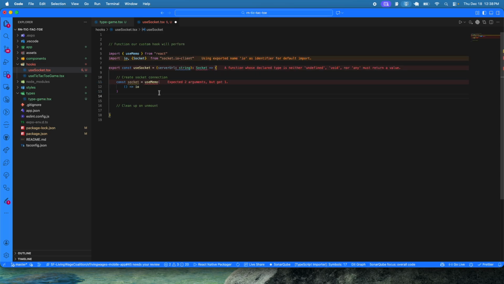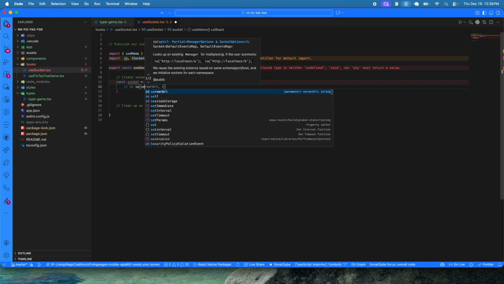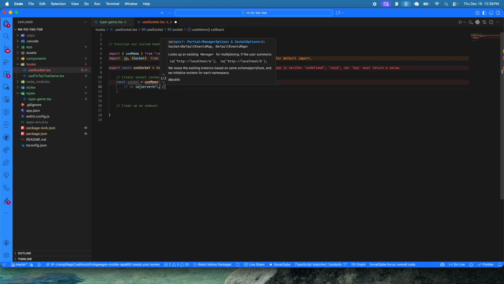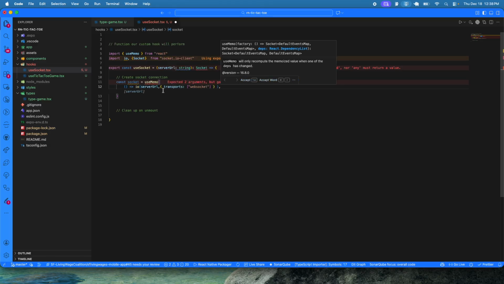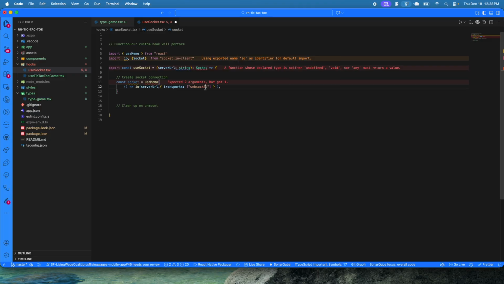And then here we are going to pass the server URL. And then we are gonna need to use the transport WebSockets. What this is doing is basically forcing the WebSockets to keep track of the connection, so the connection is stable and avoids fallbacks like long polling, which are not great for real-time communication. And then right after that, we are going to pass the server URL,